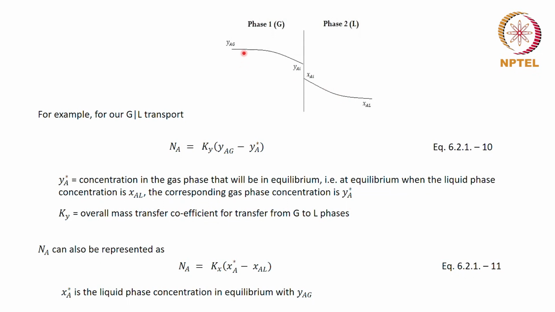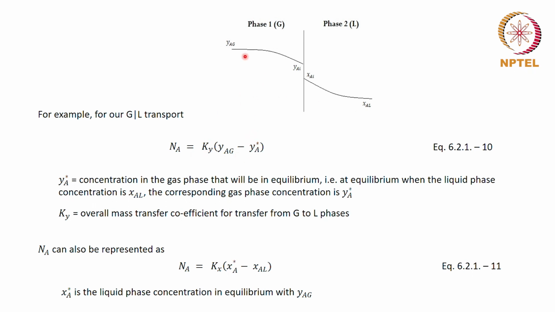The essential difficulty being, if you want to work only with concentrations and not with chemical potentials, then you can do algebraic operations over concentrations that are in the same phase. For example, we could add, subtract YAG, YAI, and so on, or XAI, XAL, and so on. But you cannot add, subtract YAG, XAL, and things like that for obvious reasons, because the bases are different. So you cannot represent the difference as YAG minus XAL directly and expect it to hold.